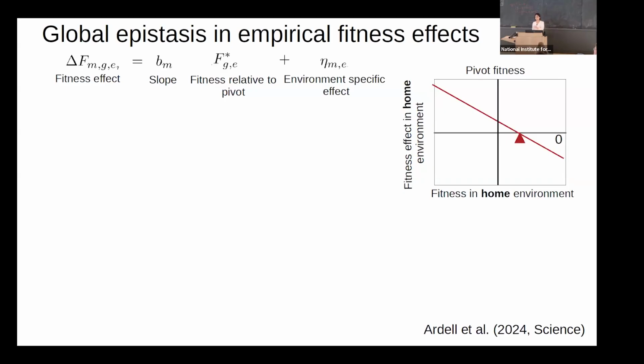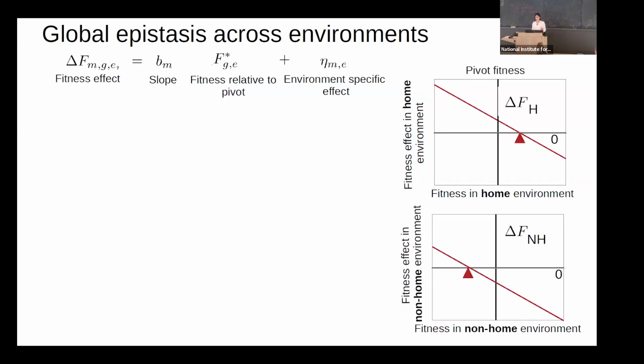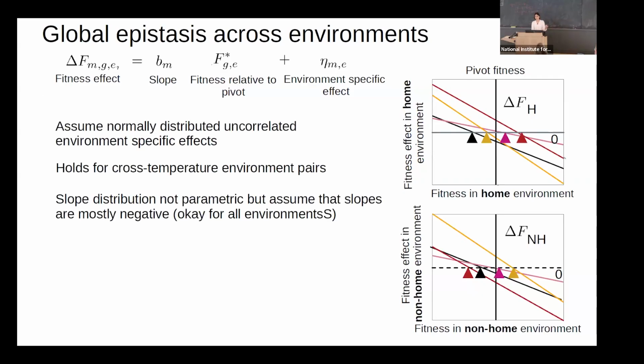And this is just for one mutation. Now we look at the same mutation in another environment, and this environment specific effect differs from one environment to the other. However, the slope remains the same in this specific data set, but I'm happy to discuss what happens if you relax this specific assumption. And now if you bring back all the mutations that we already had, we see that